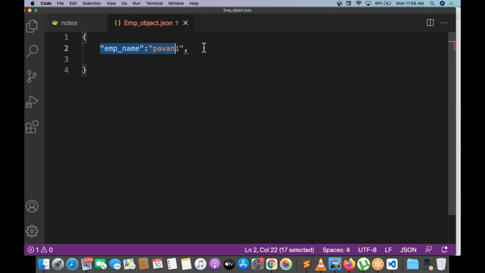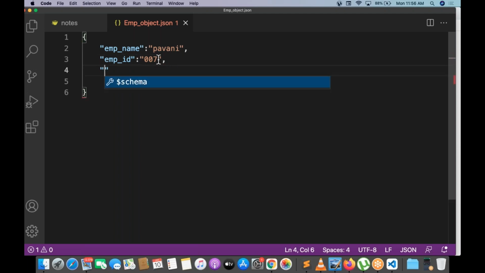Okay. So the first one is employee name. Second one is employee ID, employee ID 007, and this will be a number. Next one, employee salary could be 1 lakh.